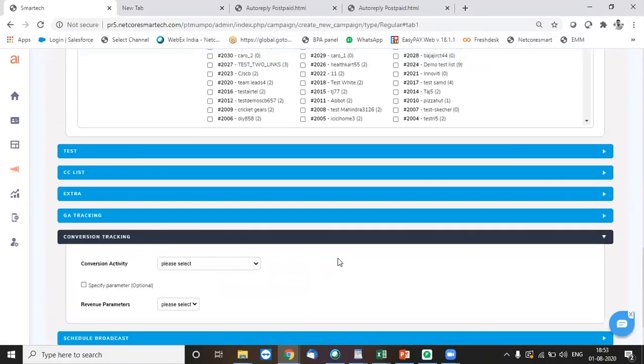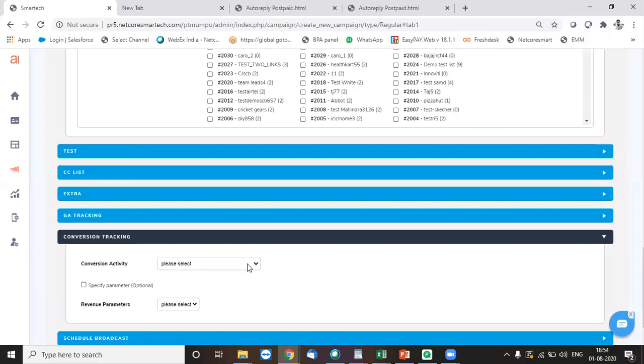On the same lines, we have conversion tracking. That requires a direct connectivity or integration with your website. How the SmartTech platform talks with your website and captures details is something we do in integration.